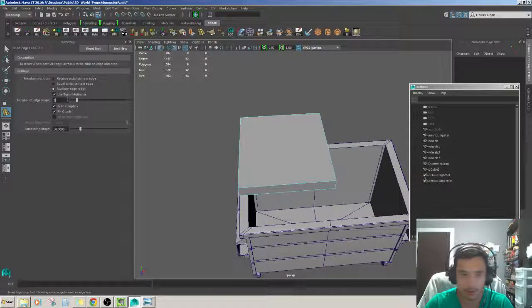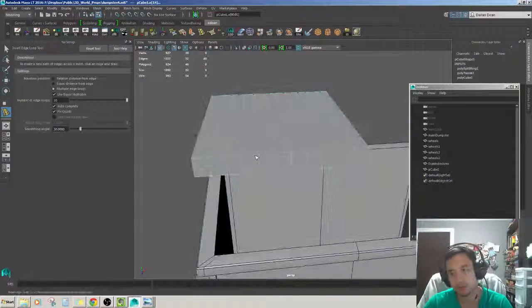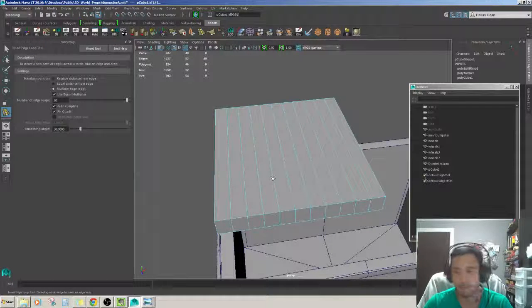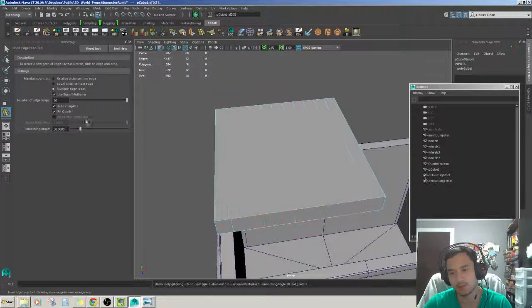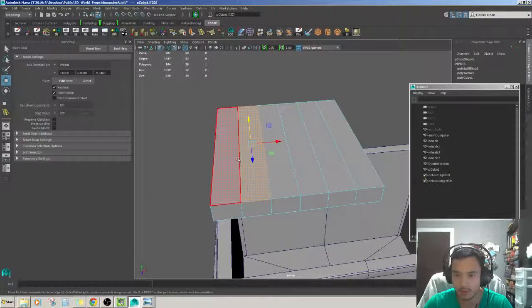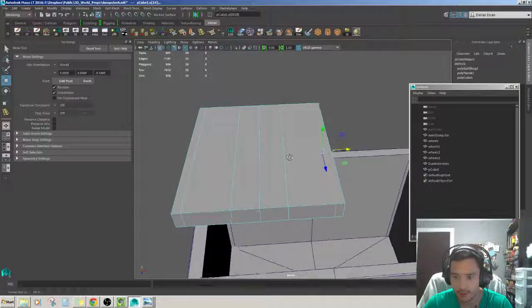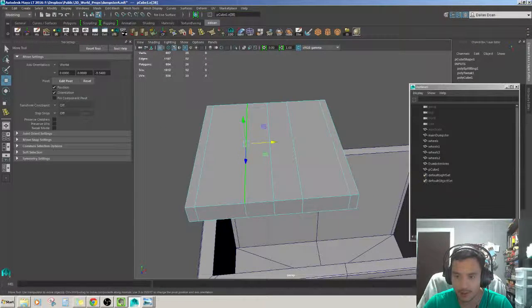Wait, 14. I can't use 10. Let's see. Maybe 10 is too much. Let's go 5. Okay, so let's go 5. So we need the edge here. So that's the edge, right? That's the edge. And then from the edges,